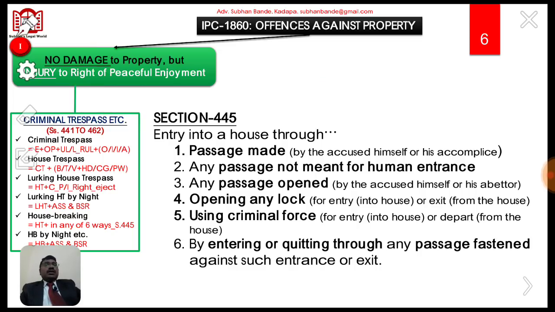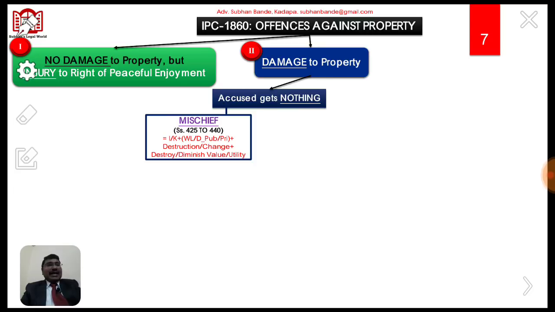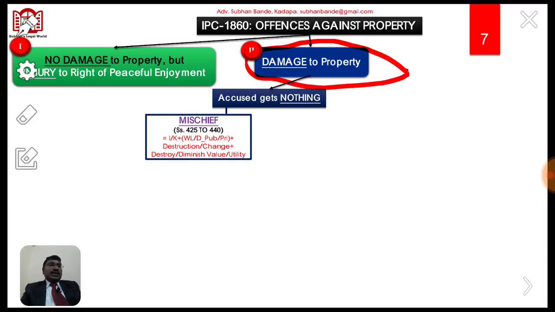Now friends, let us go for the second category, that is offences against property where the accused causes damage to the property. Here the accused causes damage to the property. Here it is again divided into certain subcategories in order to understand the distinct difference between different offences enumerated under offences against property. In order to understand the concept of mischief, we need to understand the concept that here